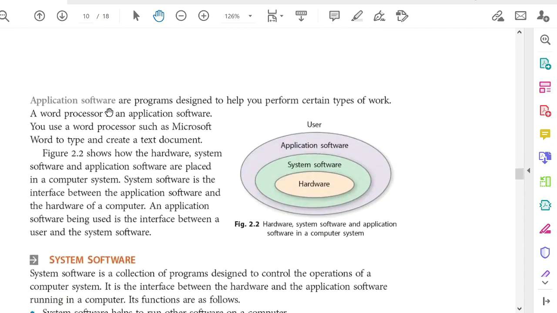Then application software, how it works in a computer. System software will act as an interface layer between application software and hardware. Hardware cannot work alone, it needs the help of system software which makes the hardware run. And application software works under system software to give instructions to the hardware through system software. And we users always work in application software.